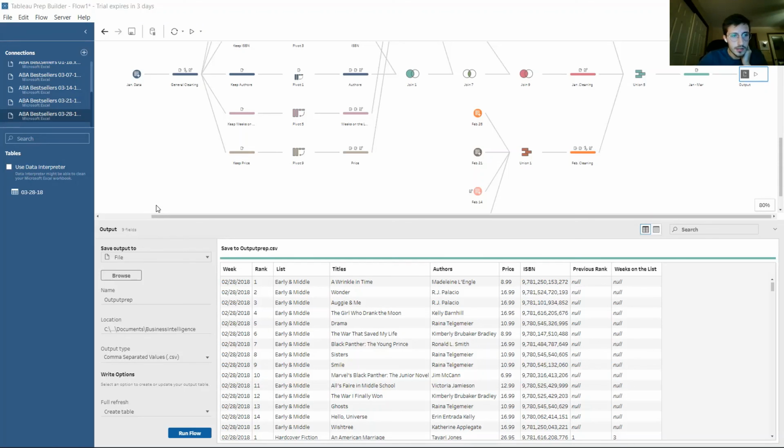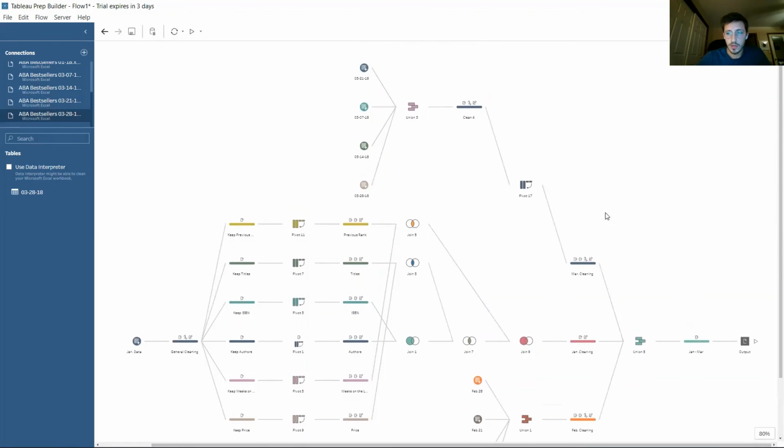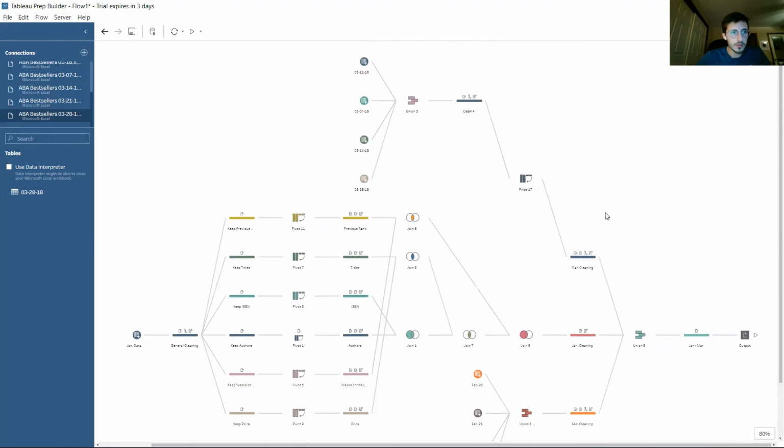And as you can see, this is the completed Excel sheet of what we made in Prep Builder. And then just the final picture. This is my final Tableau Prep